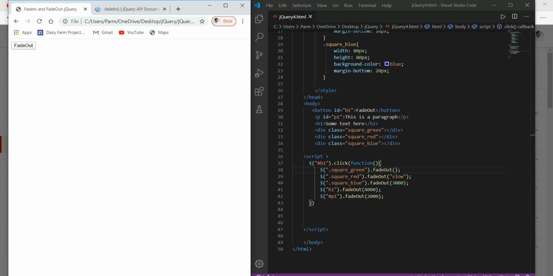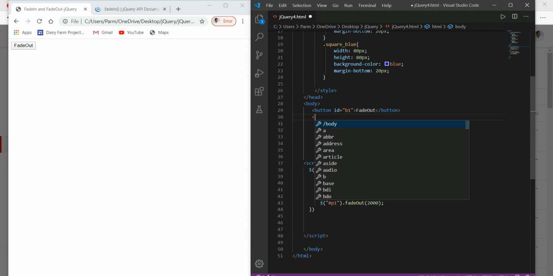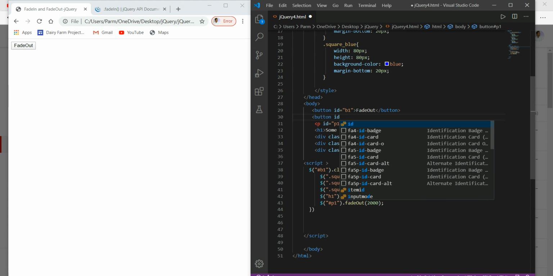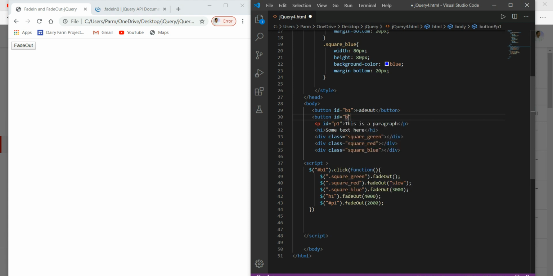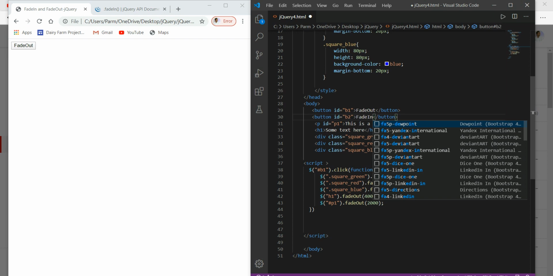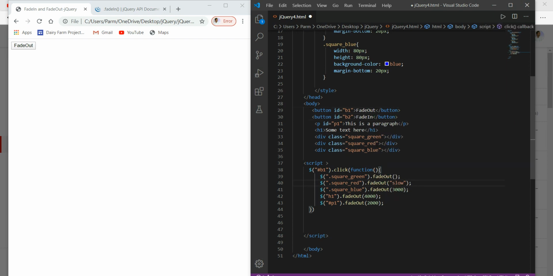In this case I will add another button over here, with the button class, and this time I will give it the ID b2. This time I just want the text to fade in, so I'm giving its value as fade in.